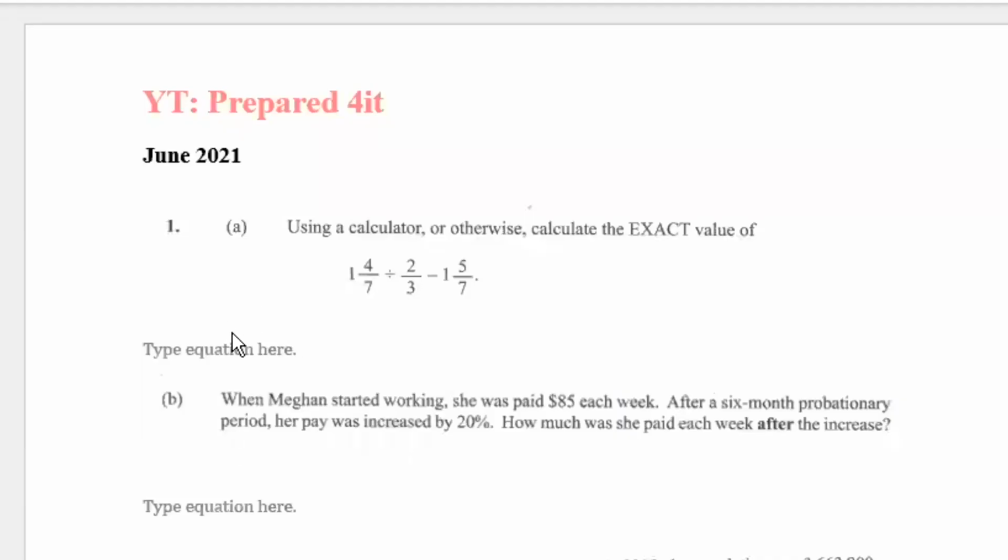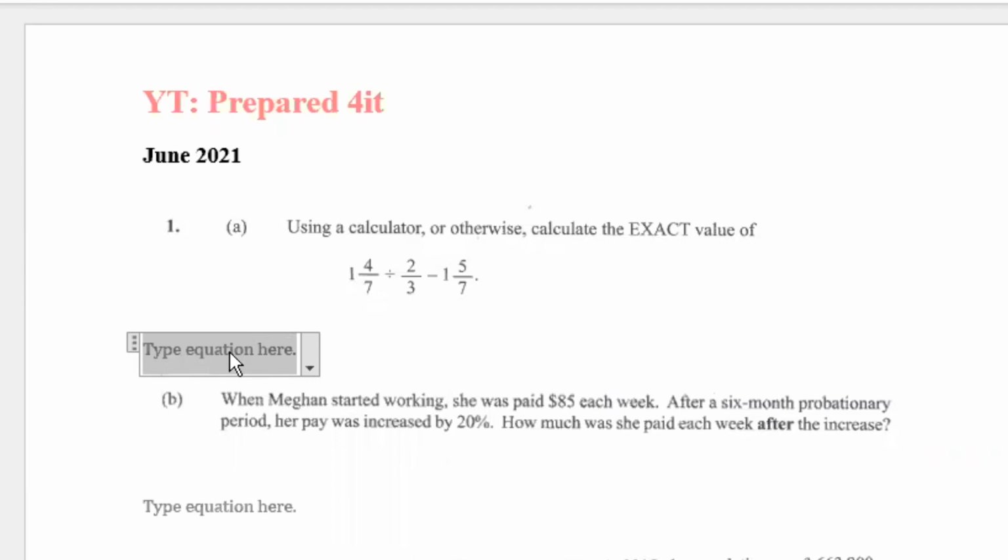All right, so January 2021, and it says, using a calculator or otherwise, calculate the exact value of this fraction. So you should be seeing the screen, and we have 1 and 4/7 divided by 2/3 minus